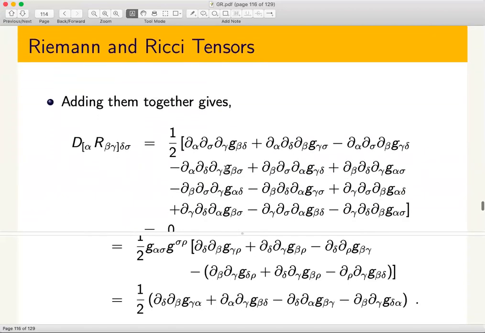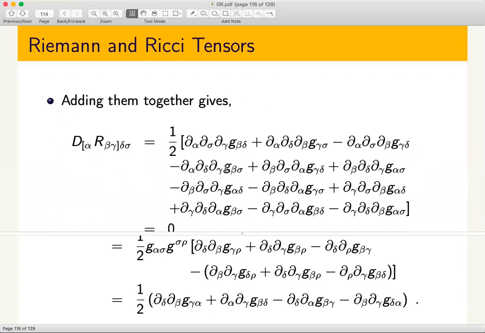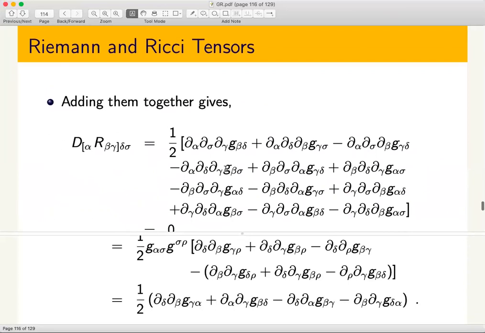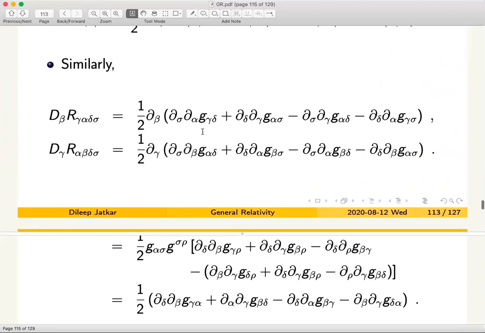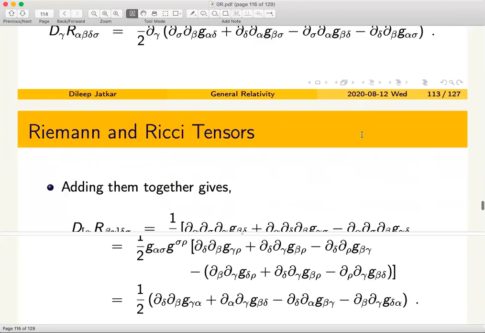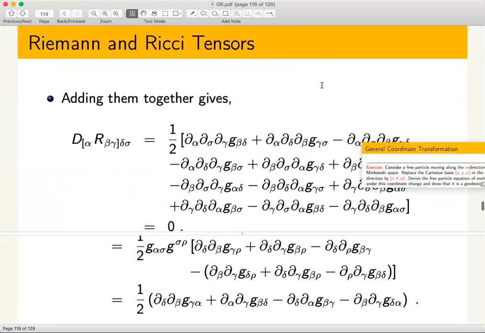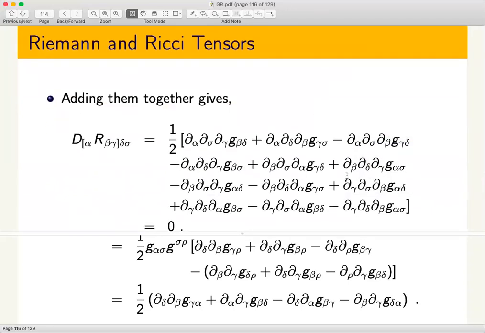If you do that, you get an expression which is like this. Now notice one thing, there are 4 terms each, so you should get totally 12 terms, which are all written out here. There are some terms which of course cancel trivially, so I think I have cancelled those pieces and then written the pieces. There are 12 of them, no? Yeah, okay. So I've written down all 12. You can just check individually that these terms would cancel.